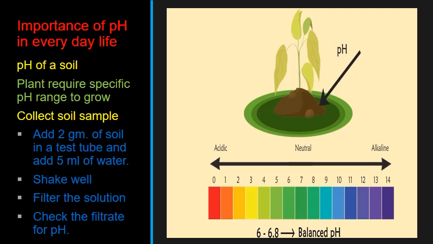If the pH range is 6 to 6.6, then it is okay. But if it is less than 6, that means the soil is acidic, and then you have to add a base. If the soil is basic, you have to add slightly acidic substances, but normally soils become acidic because of acid rain. You have to maintain the pH to grow the plants. Understand?